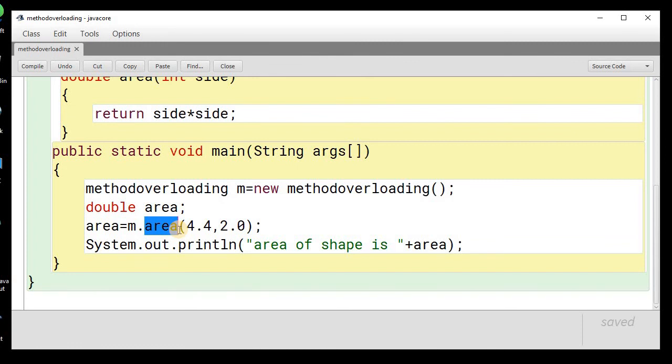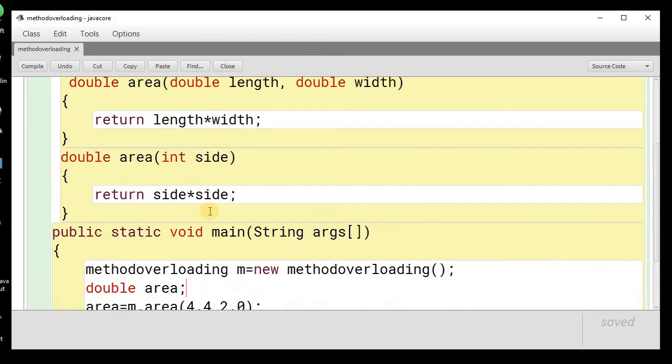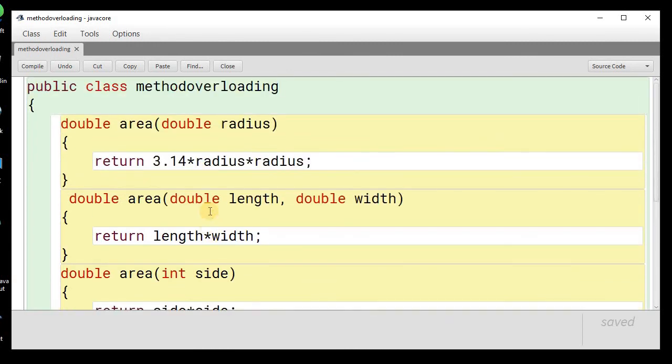And this is how we implement polymorphism in our Java program. I hope you have understood the concept of polymorphism and method overloading. You must have understood that polymorphism can be implemented with the help of method overloading, and what the advantage of having method overloading is.